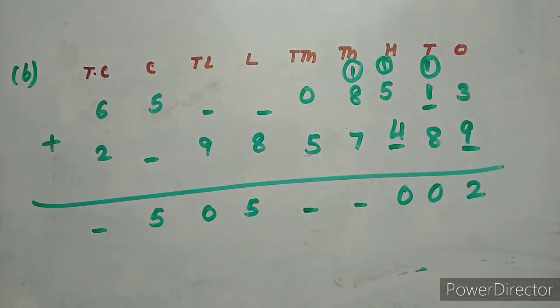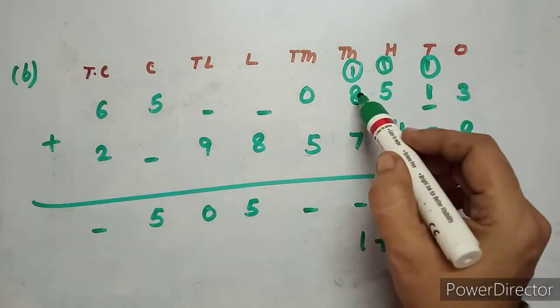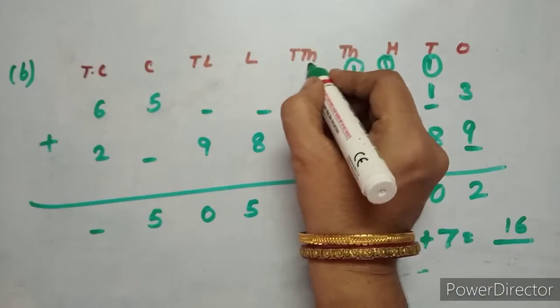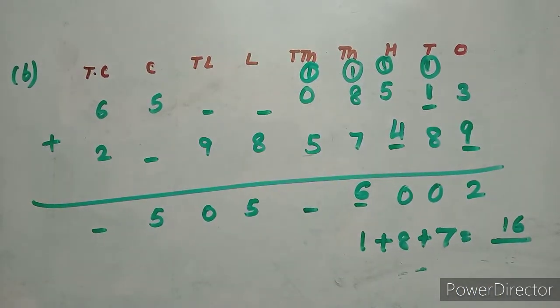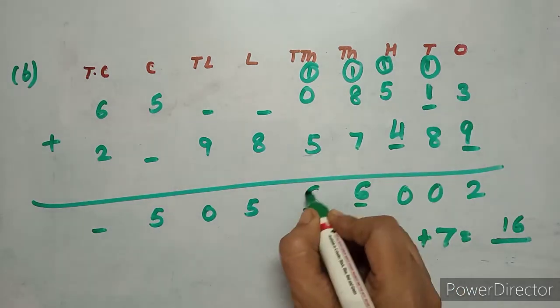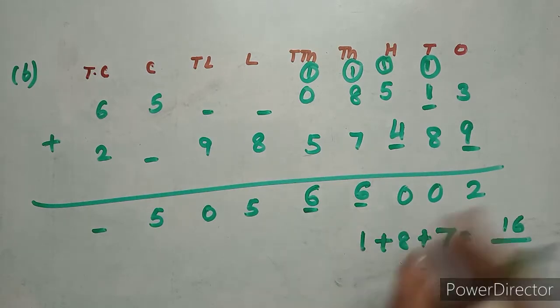So again go for 1000 place where you have 1 plus 8 plus 7 is equal to dash. This one you can do it very easily because 8 plus 8 is 16. Here the blank will have 16. 8 plus 1 is 9, 9 plus 7 is 16. So 6 you will write here and 1 is taken as carry over. Now again you have all the 3 numbers here. So you have to write 1 plus 0 plus 5 is 6.